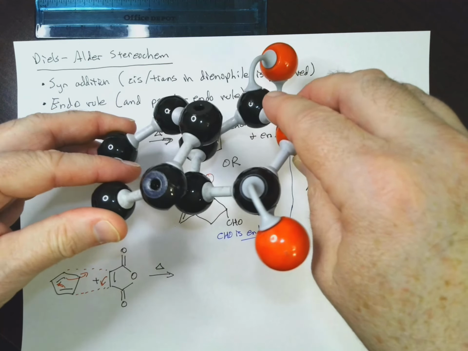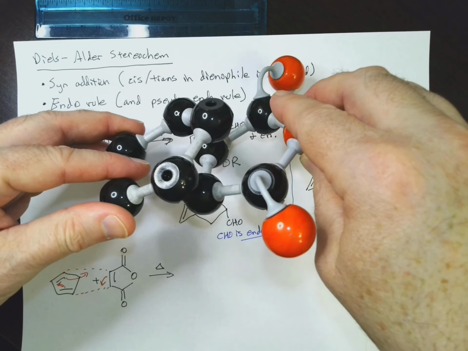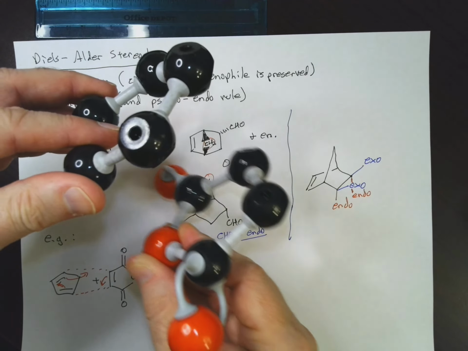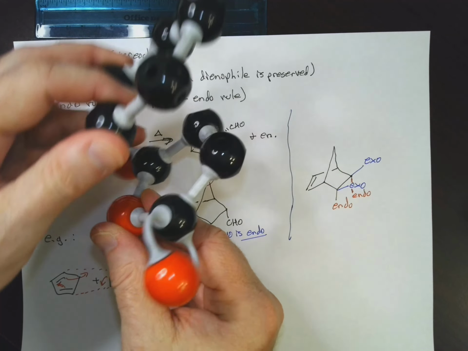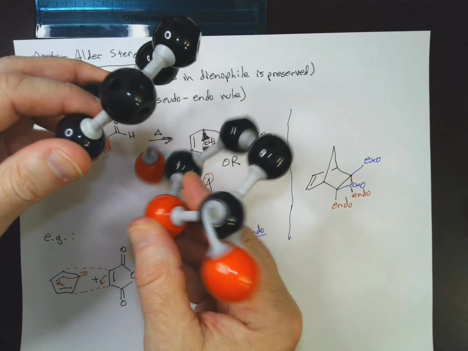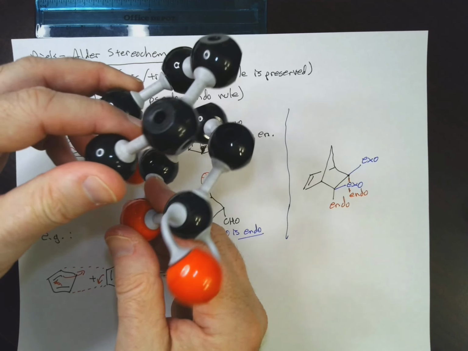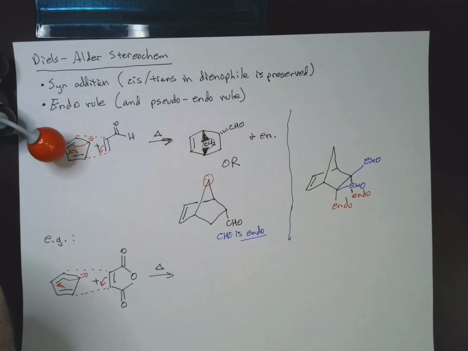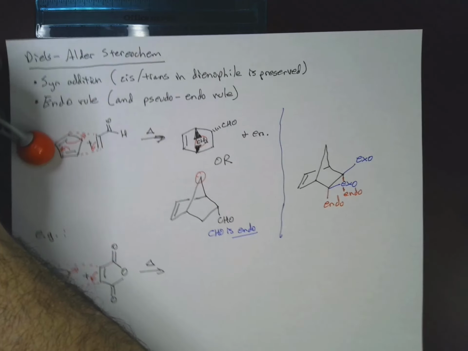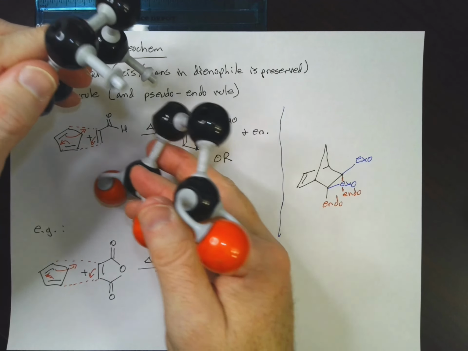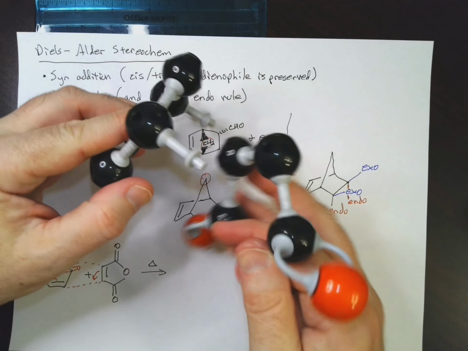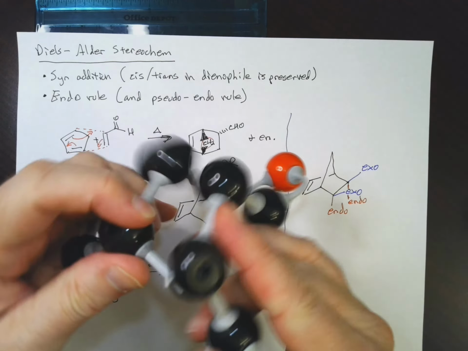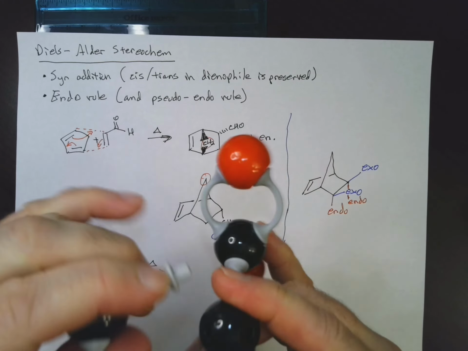And so if it came in like this, I'd get the exo, but instead it's coming in like this, where these atoms, their orbitals can interact with these, and I'll get now my new bonds forming. So this guy comes in like that. I'll try to get everything on the side. It comes in like that, and now I get my